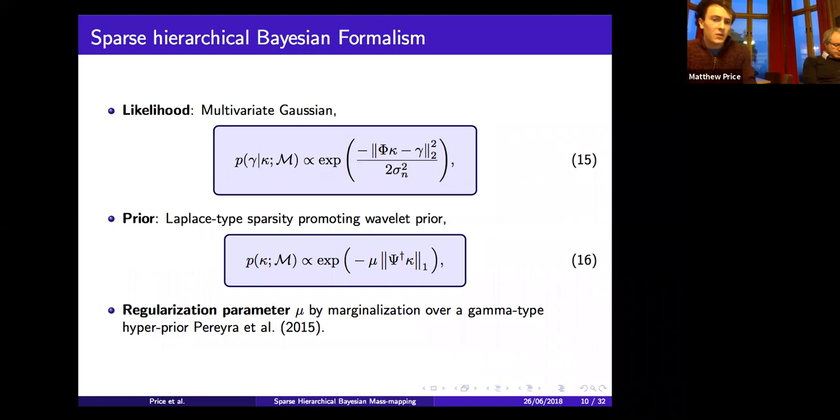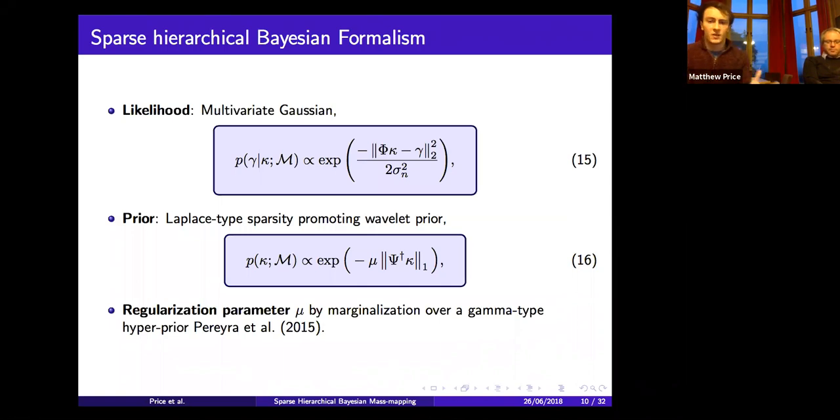So how do we choose to set that up in this sense? Because we have assumed that it's Gaussian noise, just for the moment, you can change this, our likelihood takes the form of a multivariate Gaussian. Specifically in this case, we've assumed that the noise in each pixel is drawn from the same Gaussian distribution, and the covariance is diagonal.